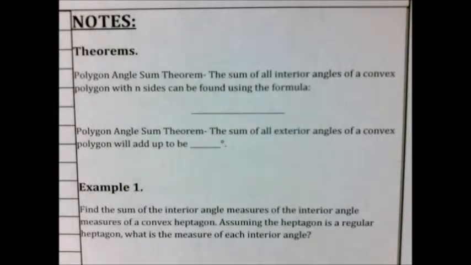And these should be things that you've already learned before, but it's important to go over it again. There's a polygon angle sum theorem. And remember, polygons are just those different shapes, those closed figures, right? The sum of all of those interior angles in a convex polygon, that means every single angle in that polygon is less than 180 degrees, with n amount of sides, can be found using the formula,